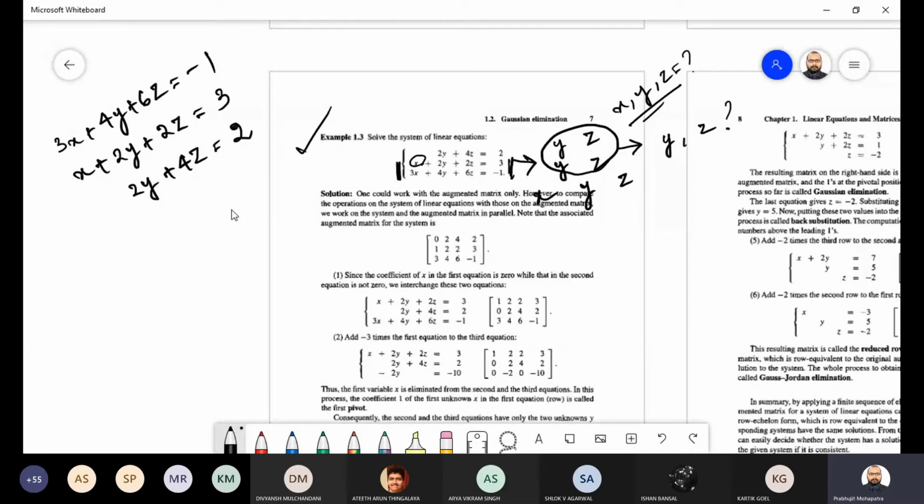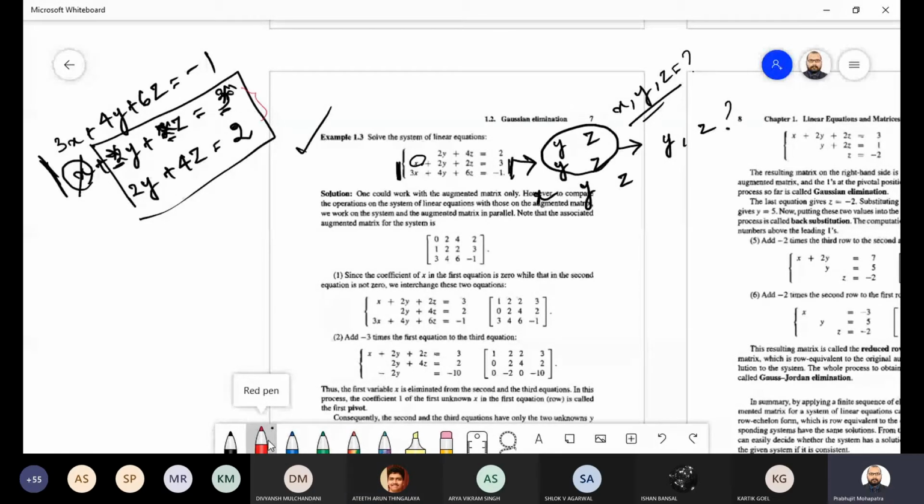Okay, so what can we do? From these two equations, I can eliminate this x1. If I eliminate this x, the equation will change, but it will be in terms of y and z. This coefficient will change, but forget whatever it may be, it will be some star. It will be in terms of y and z, from these two equations. The last one also will be in terms of y and z. From these two equations, you can find the y value and z value, or not?